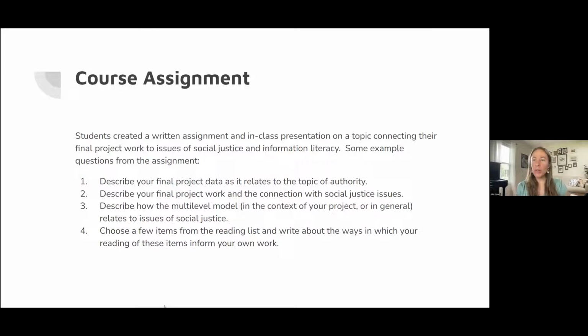So as just one example, some of the students were working with a data set examining video game use in Korea, and it was related to legislation around allowable use in adolescents and things like that. The data set that they were using, though, I think was funded actually by the video game industry. So we talked about, okay, that's really an interesting concept related to authority and this data set and what that means. And we had a lot of different discussions like that. So overall, I think it really went well.